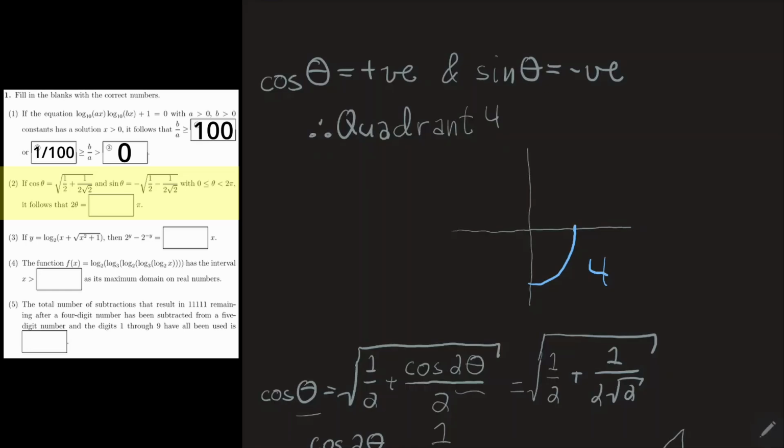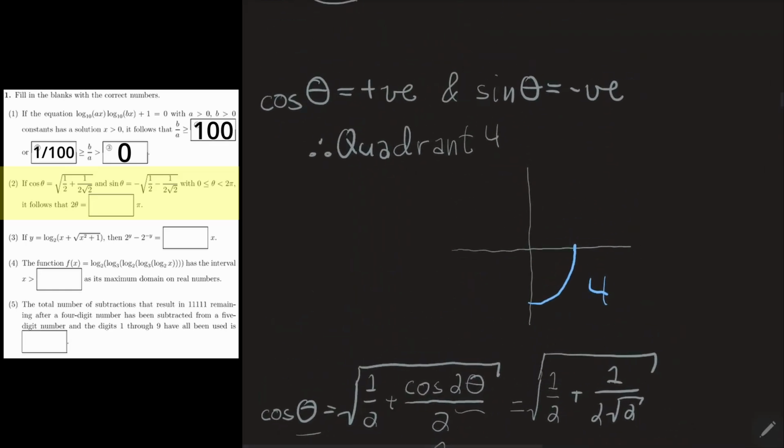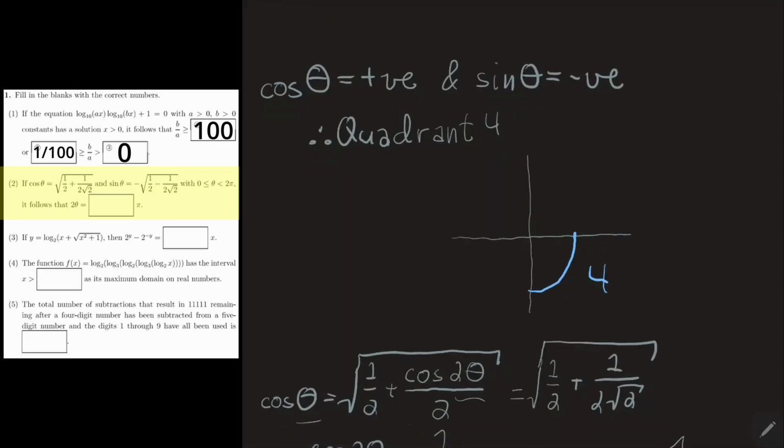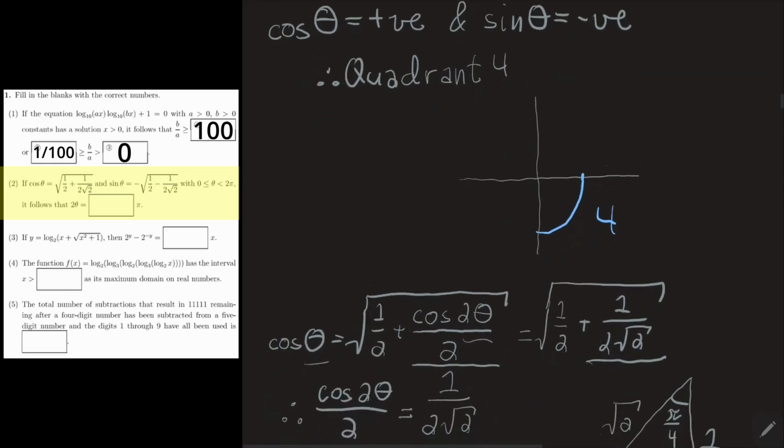And of course, cosine of theta is just equal to the square root of 1 over 2 plus 1 over 2 times the square root of 2. That's just given in the question, right? And so what you'll notice is that these two expressions, the one that's given in the question and the one that we got from the half angle formula, are exactly the same except for these two fractions, right? This fraction and this fraction look different, but everything else looks exactly the same,